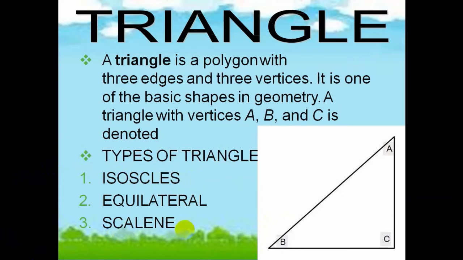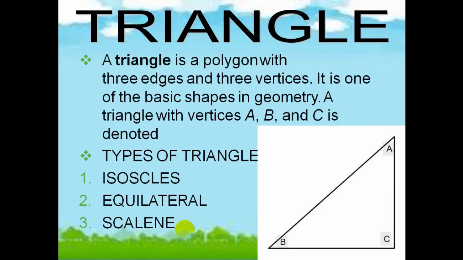Dear students, we have already discussed the triangle, construction of triangles, types of triangles, and trigonometry related to right angle triangles in the previous video lectures. Now in this lecture we are going to find the area and perimeter of any triangle. We know that there are 6 types of triangle: 3 types with respect to sides and 3 types with respect to angles. The 3 types with respect to sides of a triangle are isosceles triangle, equilateral triangle, and scalene triangle.